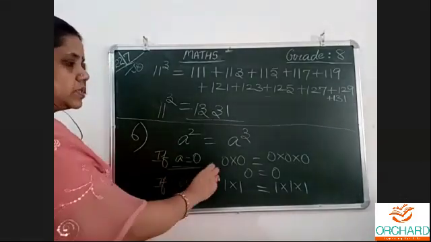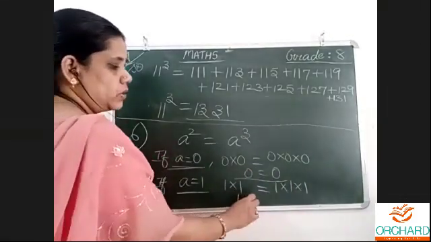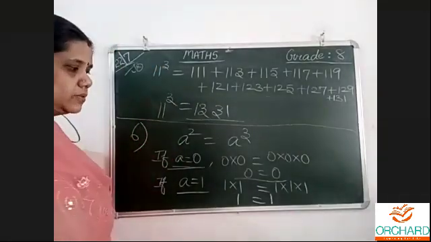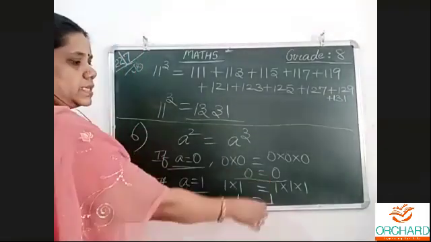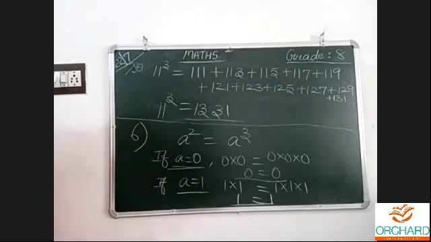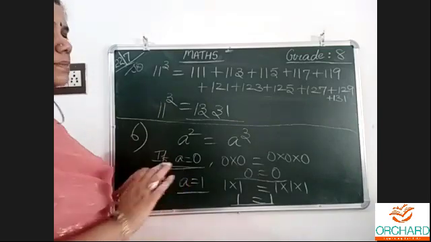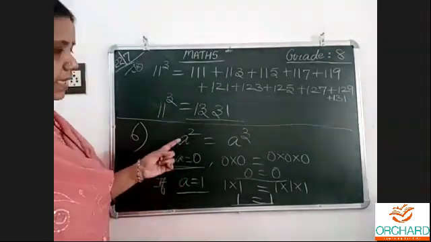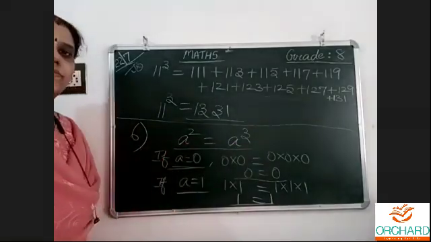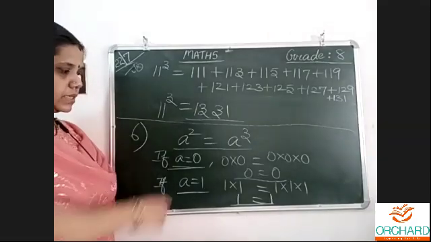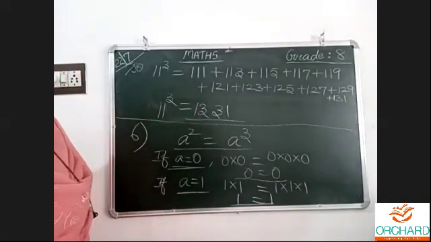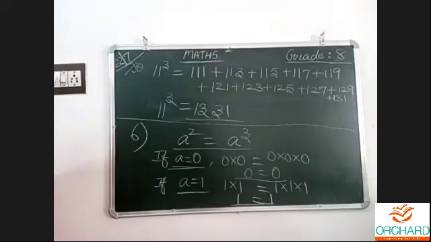So if A equal to 0, we get like this. A equal to 1 also: 1 1 is 1, 1 1 is 1. Don't write 1 into 1 into 1 as 3. So when A equal to 0 and 1, we get this. This is the answer. So 0 and 1 are the numbers where A squared is equal to A power 3, both equal. No greater one, no lesser one. These are the two quantities. How? We substitute. It's easy. Understood this clearly?